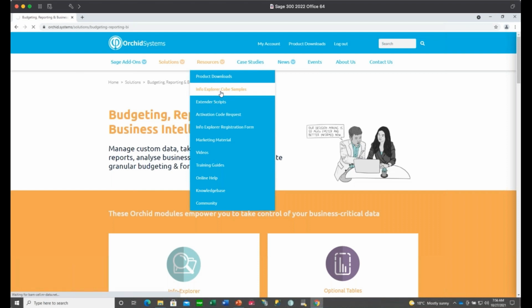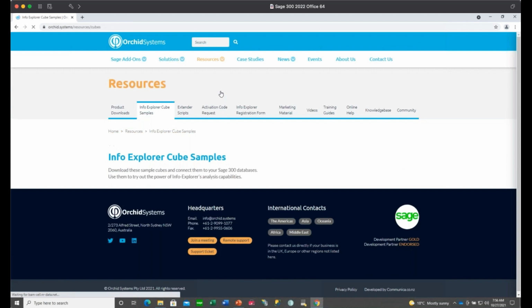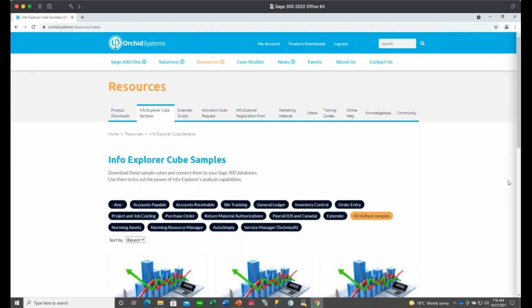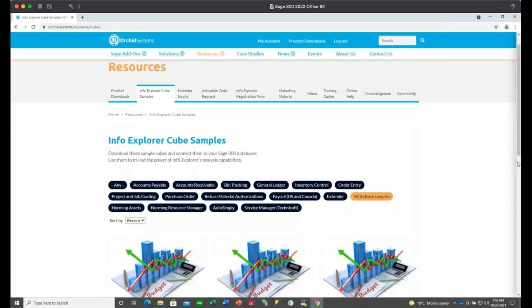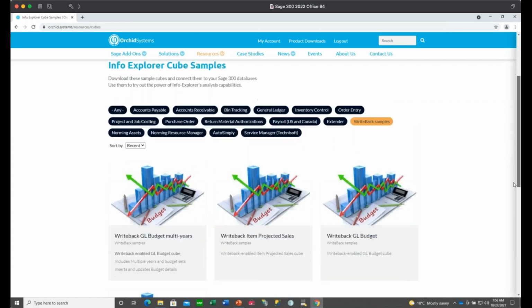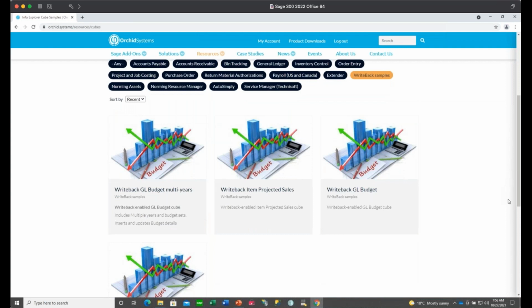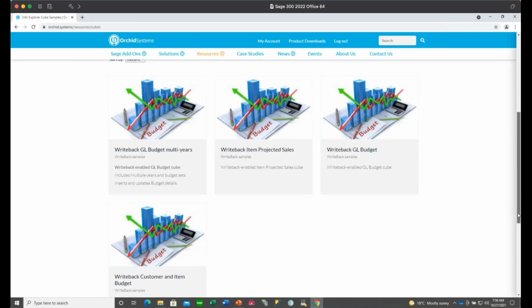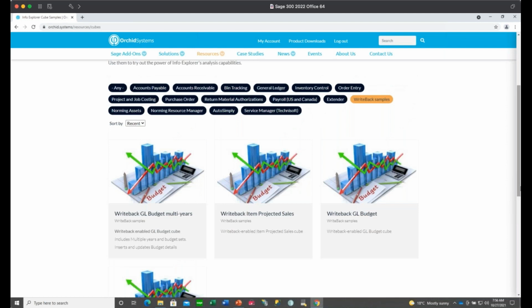So if we have a look at that, you can see we've got some write-back samples, which are very similar to the examples we looked at today, where we have your write-back to the GL budget, item projected sales, and also a customer and item budget write-back. If you are looking at the budgeting scenario, which is a bit different from what we've shown you, to amend it for your own